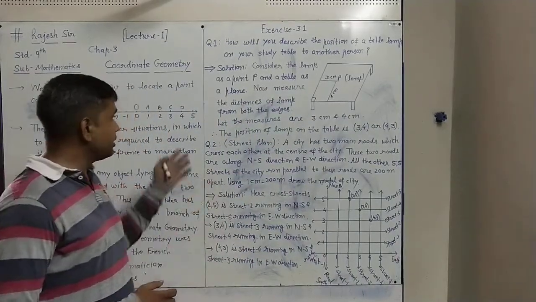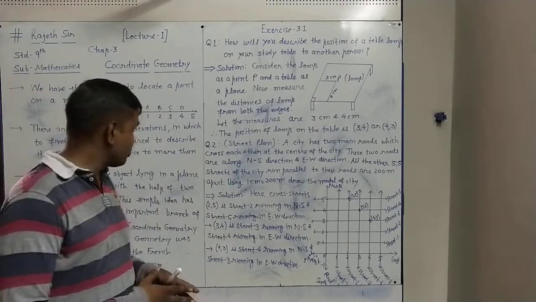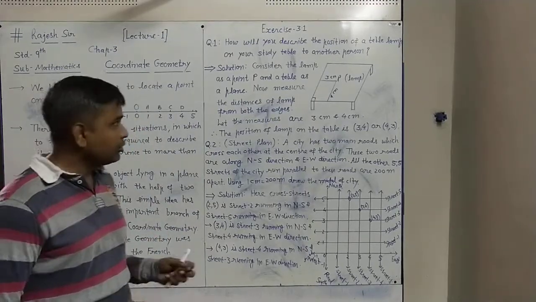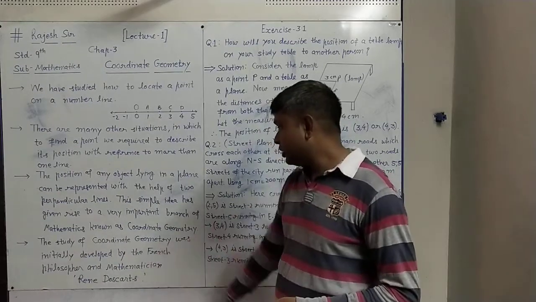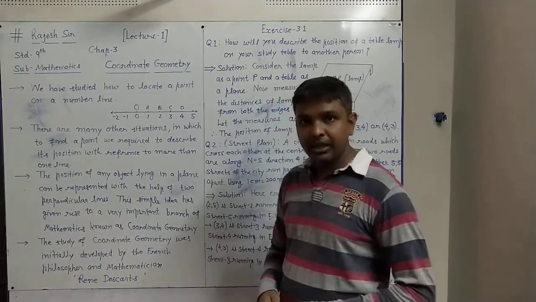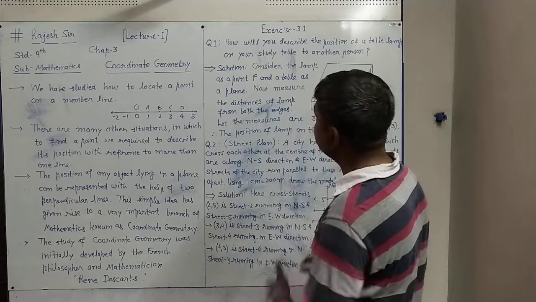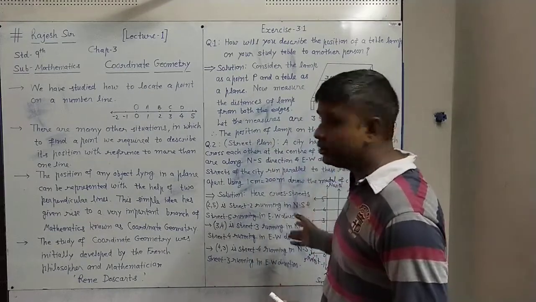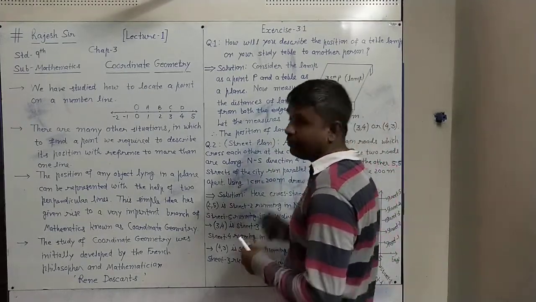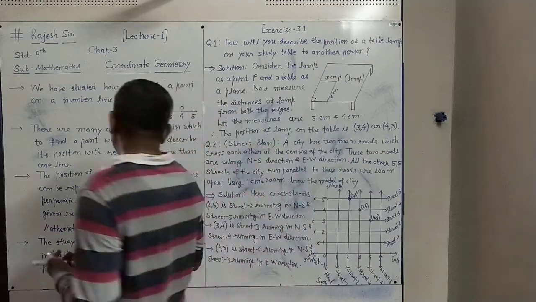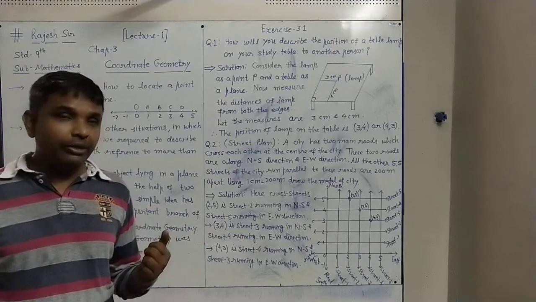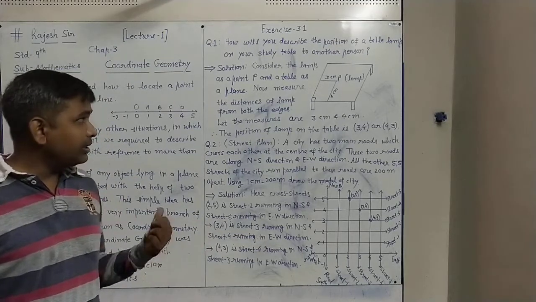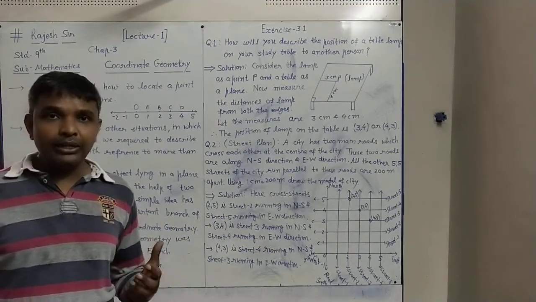So these are one type of examples also to understand coordinate geometry. The main points to remember are who developed coordinate geometry, René Descartes, and how we can use it in our daily life and practical use. This is given in exercise 3.1, questions 1 and 2. So you are suggested to write all this in your file notebook. Fairly, you have to write it and understand it. At least 2 times you write it to understand well.